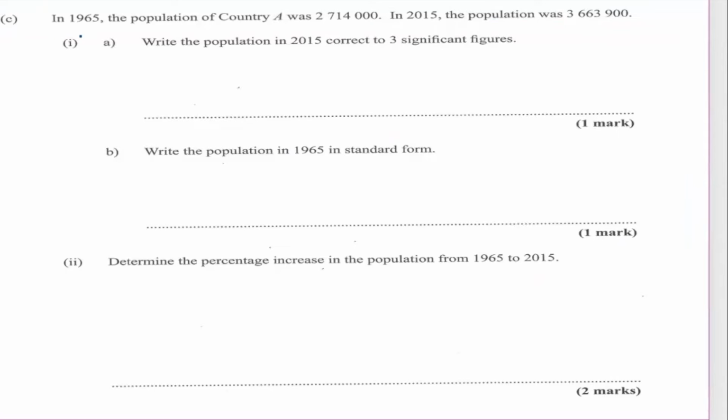The next question states, in 1965, the population of country A was 2,714,000. In 2015, the population was 3,663,900. Write the population in 2015 correct to 3 significant figures. Now, when we have significant figures, we need to find out where the first significant figure is, and that would be the first number. So let me go ahead and write